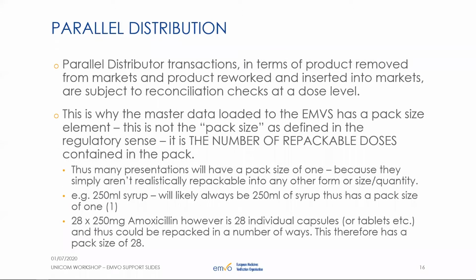So what is their business model, these guys? Basically, they buy bulk drugs from one market and they rework the pack, for example, opening it and making a smaller pack or a bigger pack. Then they put this pack back on the same or another market, where there is a need, where there is a good reason for them to make a business. And that's where the pack size element in FMD regulation is very important.